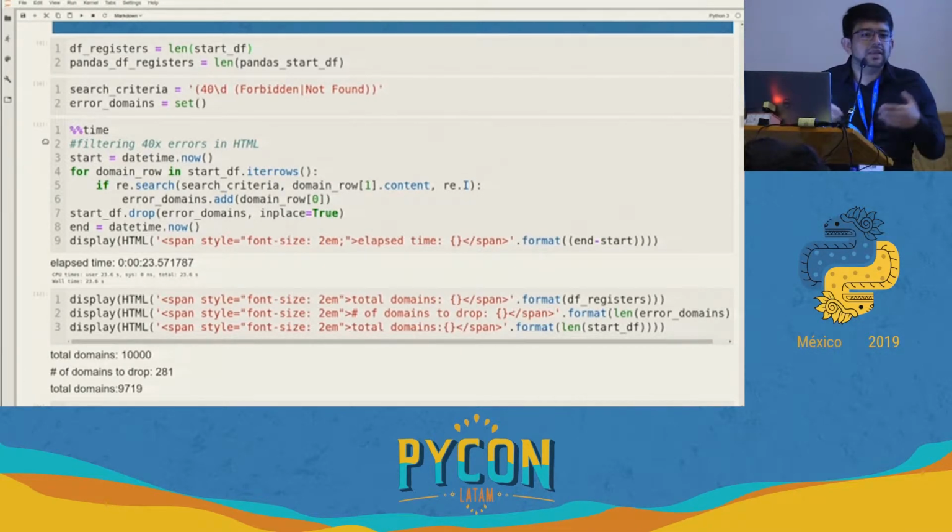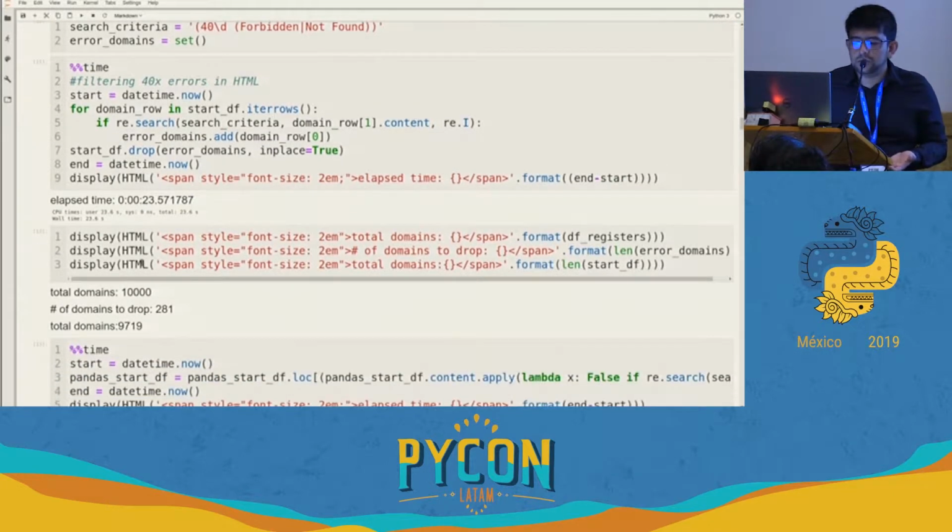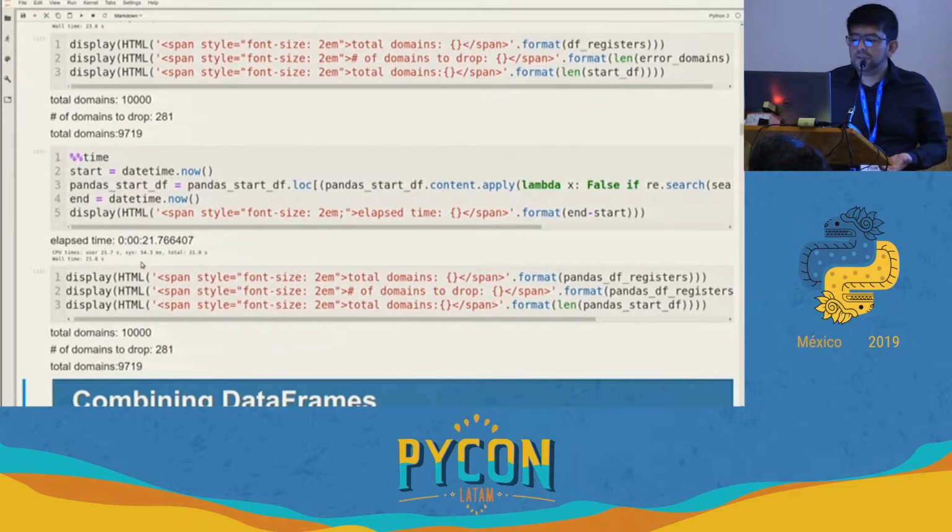It means that it has no content at all. So what I'm looking for in here is the 400 errors, and if I do it using iterrows, my time is 23 seconds, almost 24. So again, it's a lot of time. I'm just iterating over 10,000 domains. It's too much time. Instead, if I use an apply method just to generate a true-false series, and then I